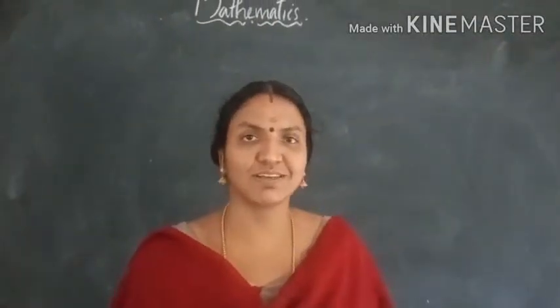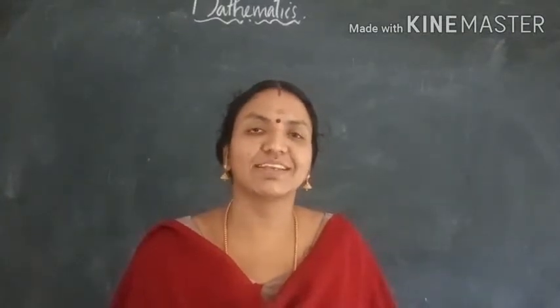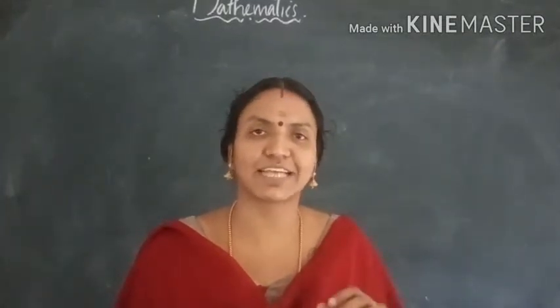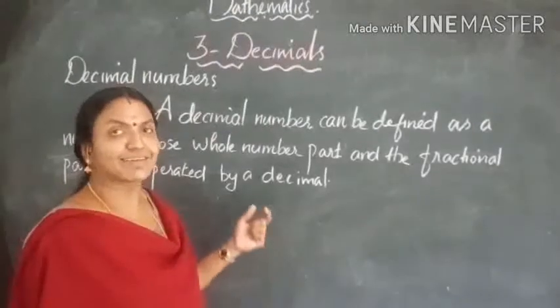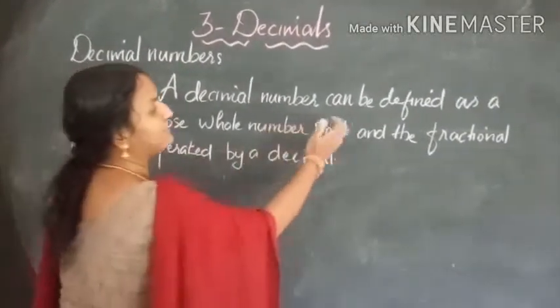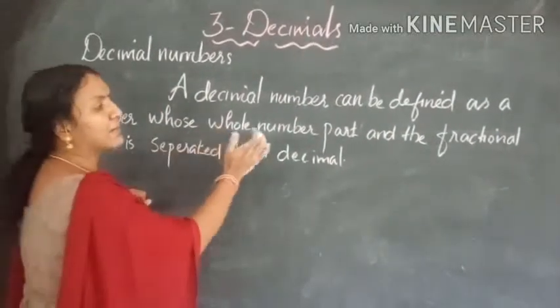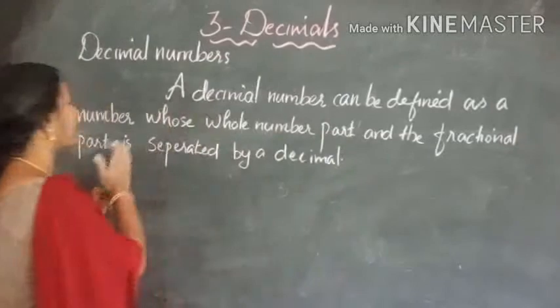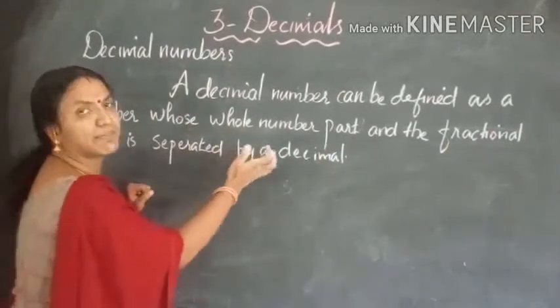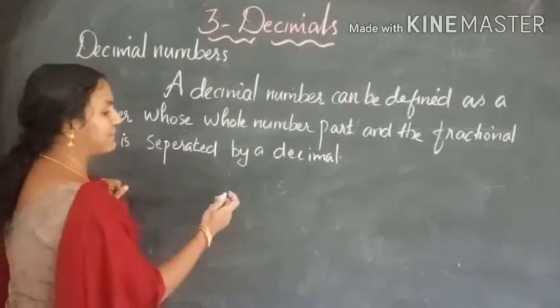With that question, we have completed the second chapter, fractions. Next, we shall discuss the third chapter, decimals. Let's recall the definition of decimal numbers. A decimal number can be defined as a number whose whole number part and fractional part are separated by a decimal point. Consider an example,